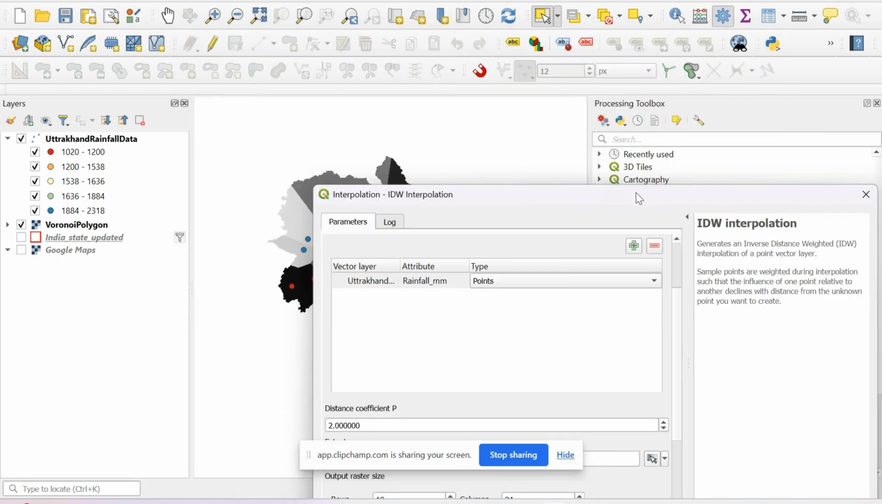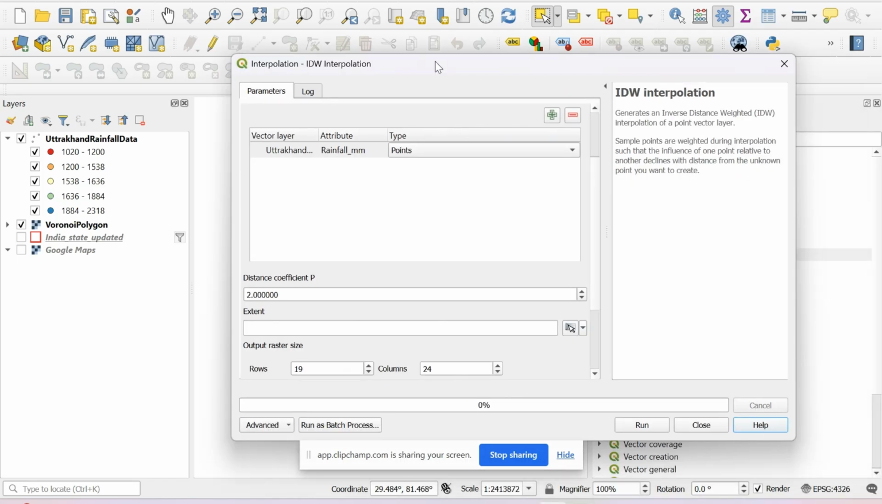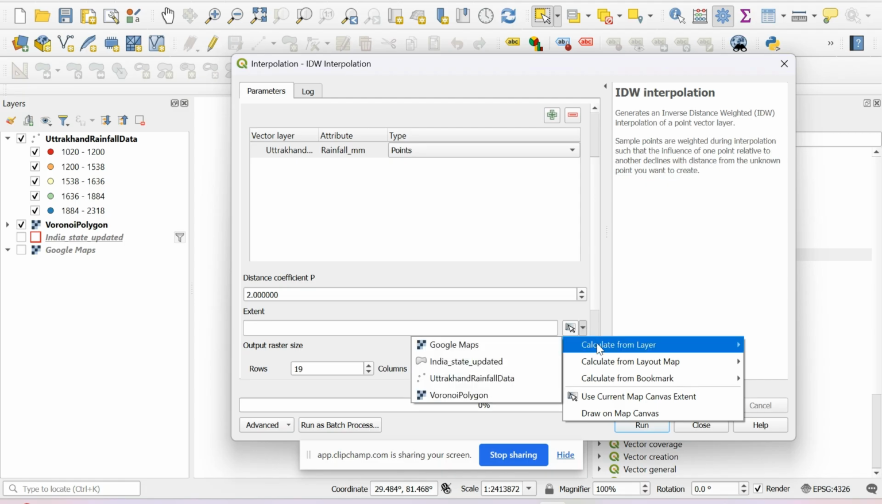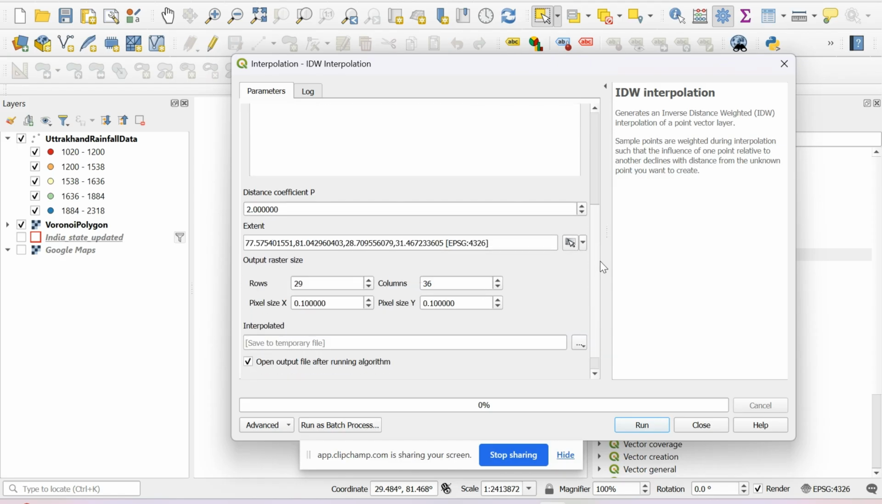Extent is nothing but the same as initially, when we were providing the buffer of analysis, but here we are not providing the buffer, we are providing the extent to which it is going to copy the area. So I'll just click on this and click calculate from layer, because we want to provide the extent of the Uttarakhand boundary with our output, and Uttarakhand boundary is stored in this particular India underscore state updated. As you can see that it has automatically taken the latitude longitude of Uttarakhand boundary,